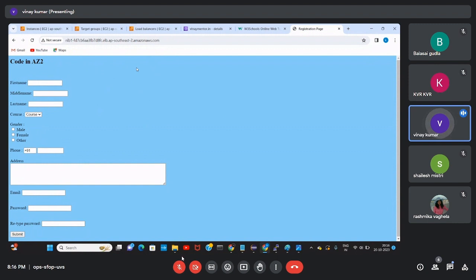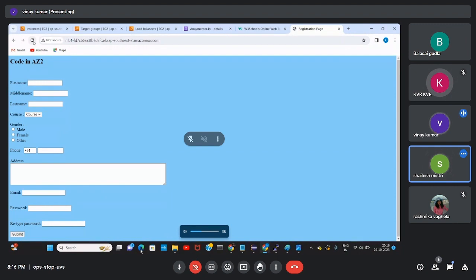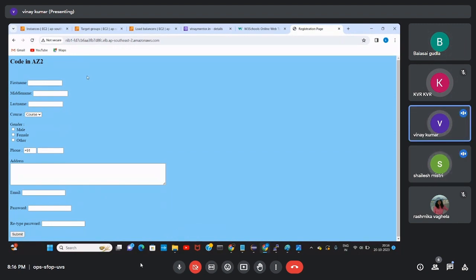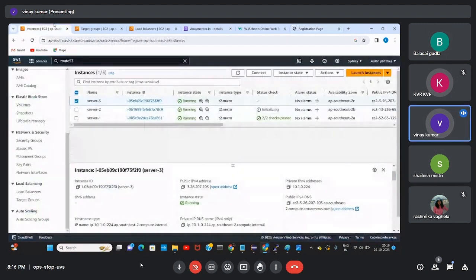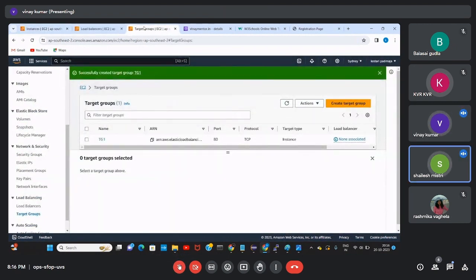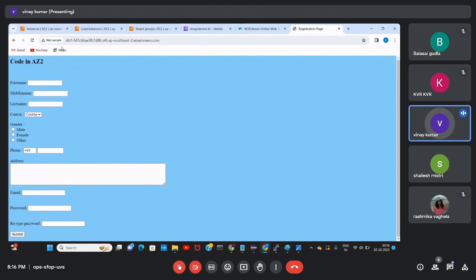Have you observed what's going on there? It's changing the server. The availability zone is changing. Why? Because we have deployed 3 servers and connected them to our load balancer, so it takes a new request, and sometimes it will connect to another server as you keep on refreshing.